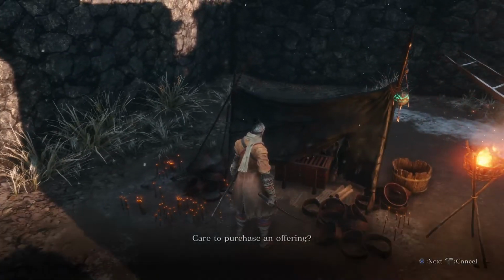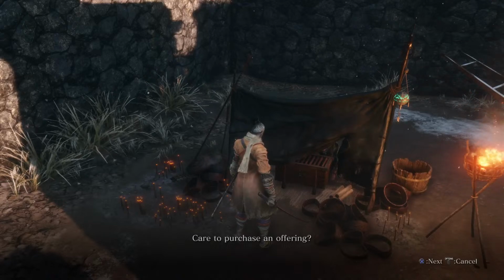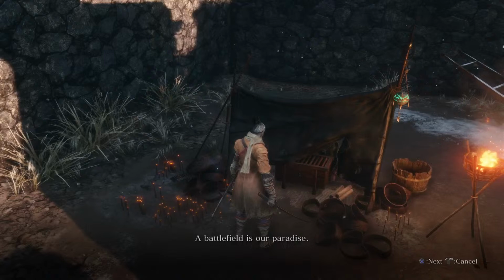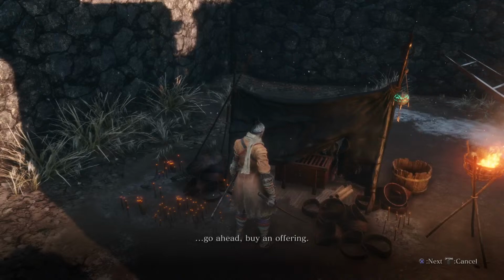ご供養いかがかね。こんなところにも死者があるところ、また供養衆あり。ゆえに戦場こそ我らの庭よ。さあご供養していきなされ。